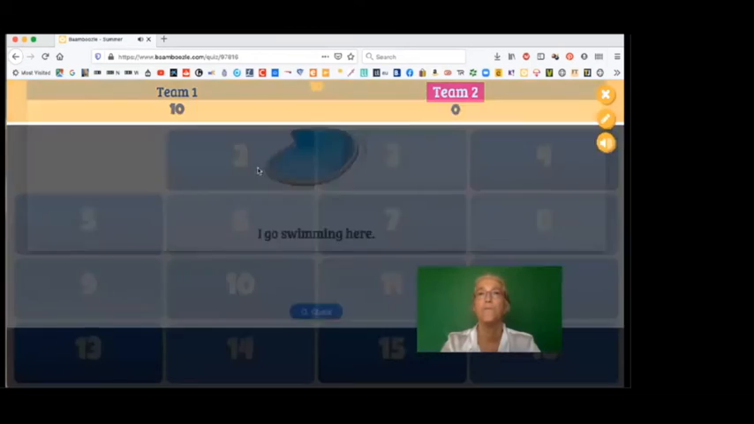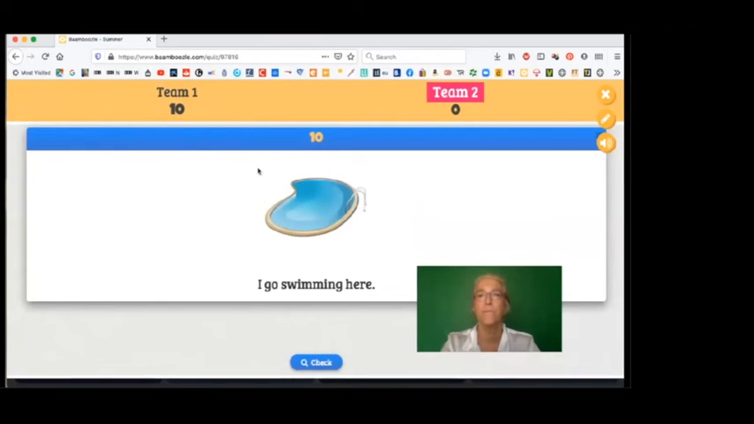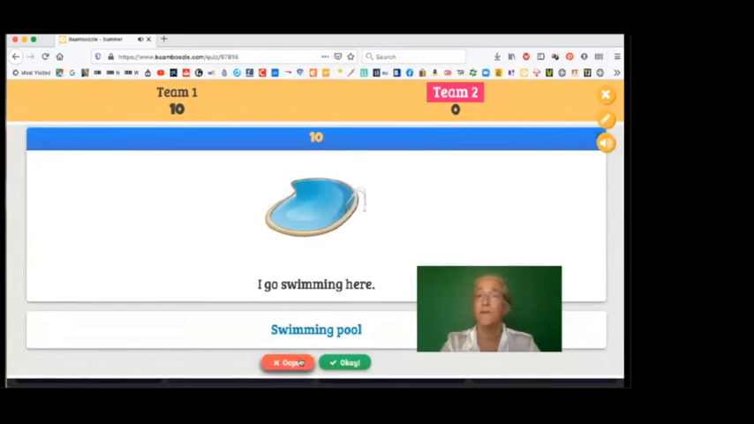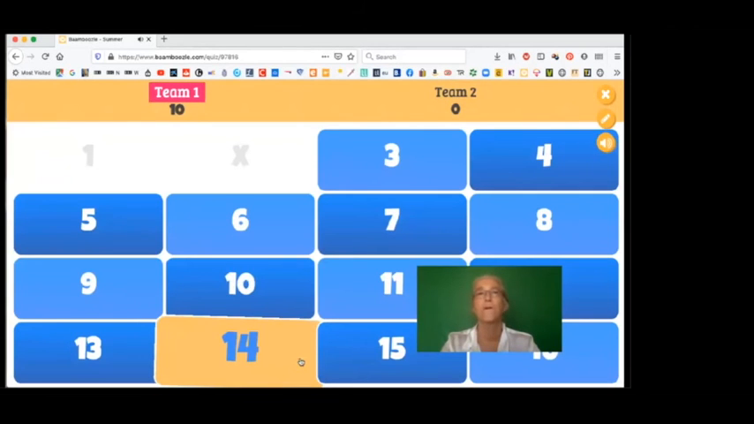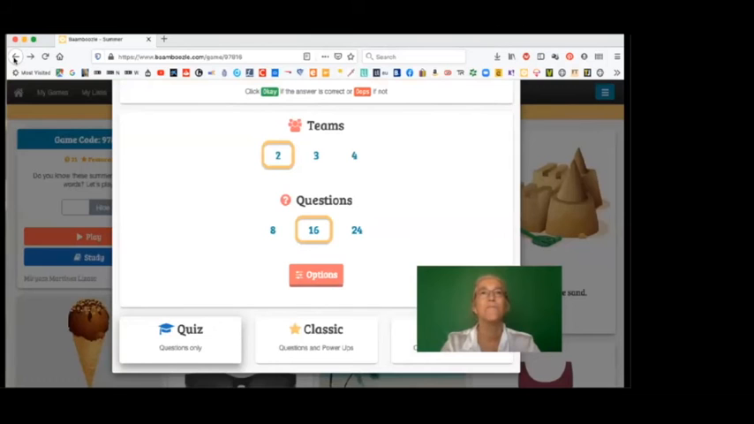Team 2. Again, the team decides together what they're going to say, and let's say they tell you beach. I'm afraid not. It's a swimming pool. The points are all added up, and at the end there's a winning team and a losing team, and it's all good fun. Okay, let's come out of there